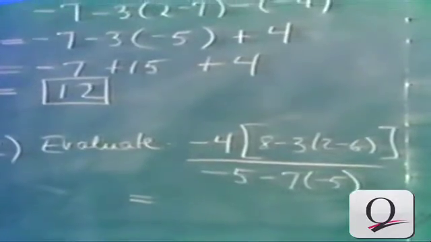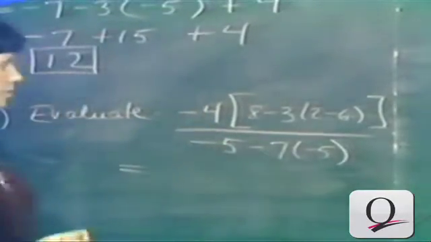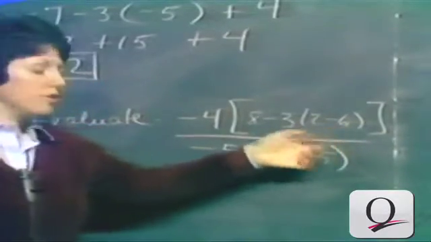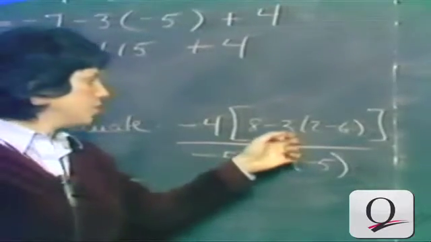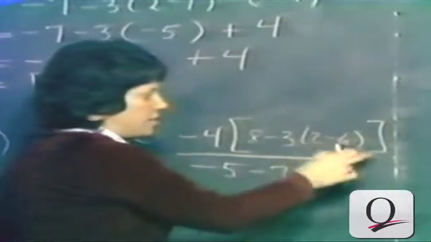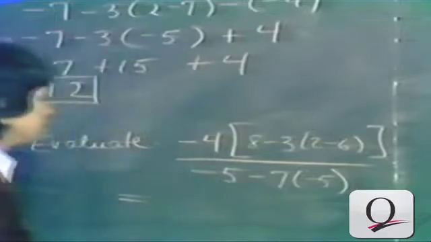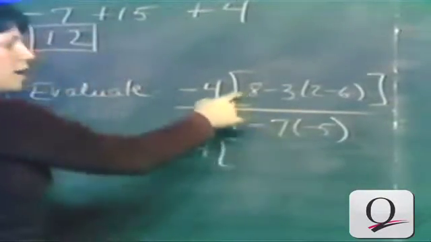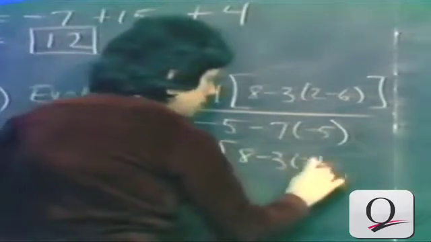All right, now, as I said, multiplications and divisions will precede additions and subtractions, except, okay, when grouping symbols come first. Grouping symbols can change the order around. So although we do multiplications before we do additions and subtractions, since we have this 2 minus 6 inside the grouping symbol, we will handle that first. So first we take care of the stuff that's in the grouping symbols. So let's see what we have. -4. We don't make 8 minus 3 5. We leave it 8 minus 3 times minus 4